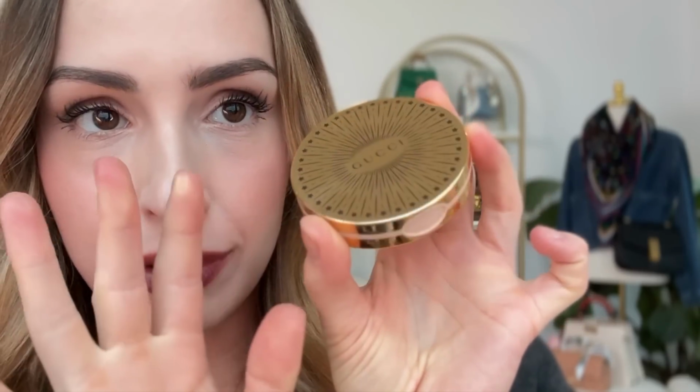This is one of the products that I'm the most excited about. The packaging is gorgeous, as most Gucci Beauty packaging is. And I decided to get the shade Opal Pink. And as you can see, I've already been playing with it. These are really